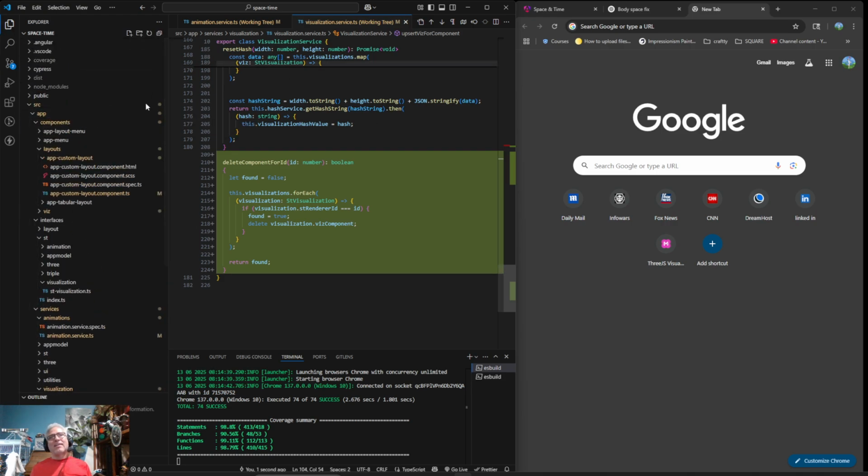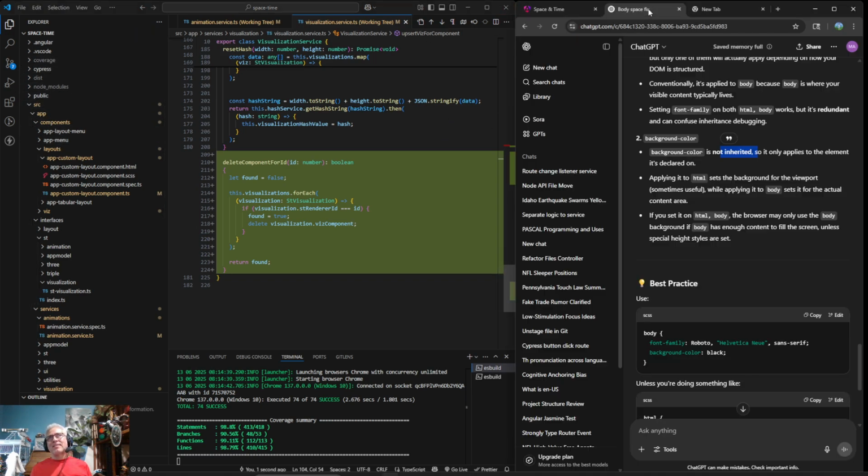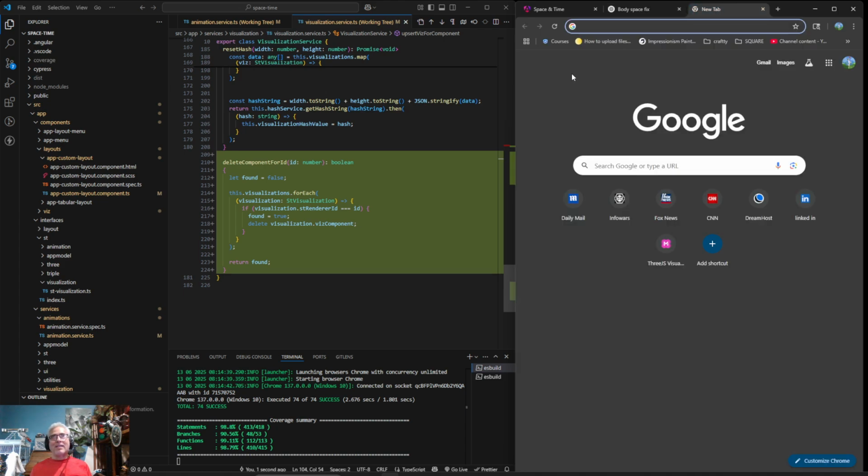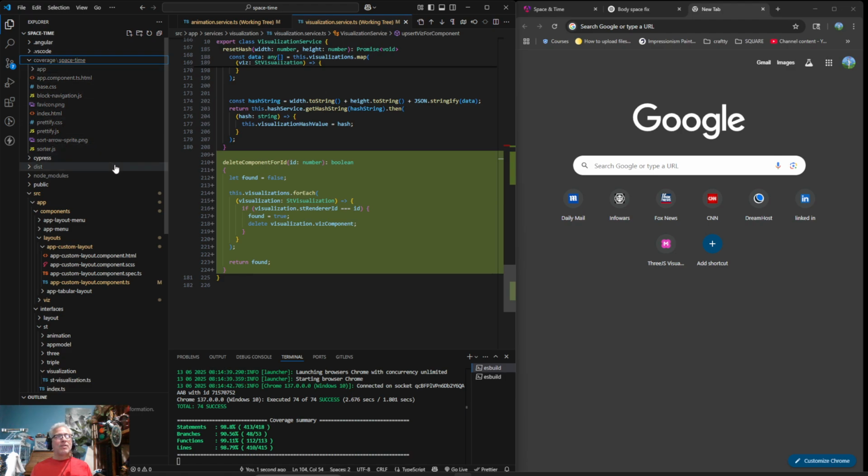Funnily enough, if I were to drag this coverage file into ChatGPT, it would get uploaded, and ChatGPT would give me opinions about my coverage. But that is not what I want. Although I don't know if there's any information in the actual index file. There probably isn't.